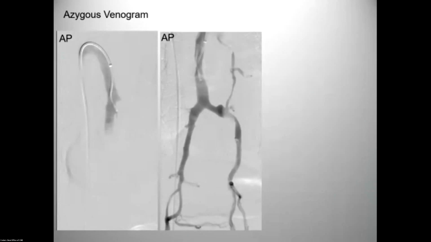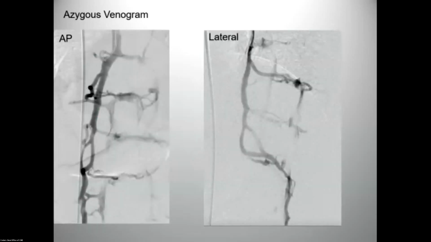Here's an example of anatomy. My catheter is in the azygos vein, and this is the guide catheter. This is the diagnostic catheter inside that triaxial system. So there's a venogram, and that demonstrates the right azygos and hemiazygos. And then further down, you'll see the branches: the paraspinal vessels, the epidural vessels, and the neuroforaminal vessels that, on the AP,